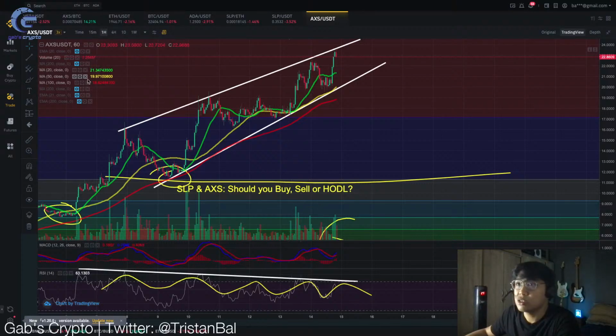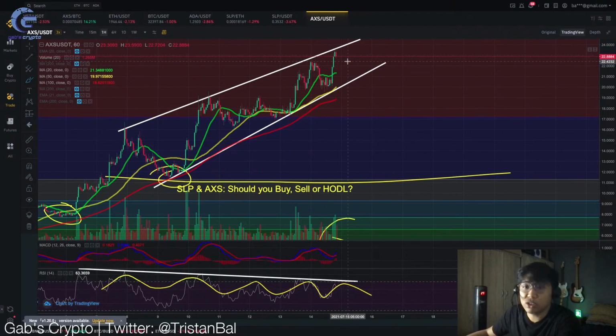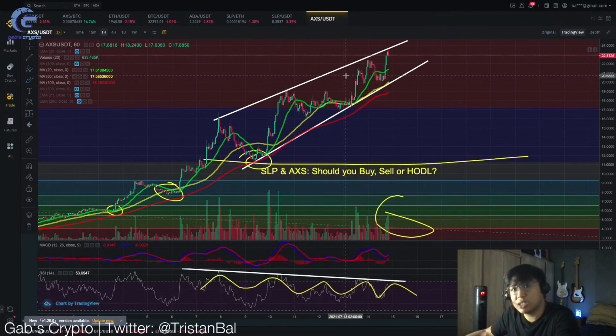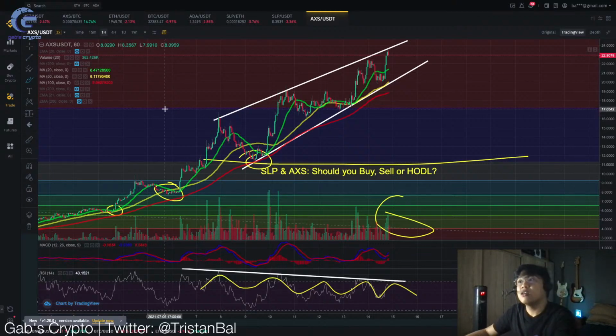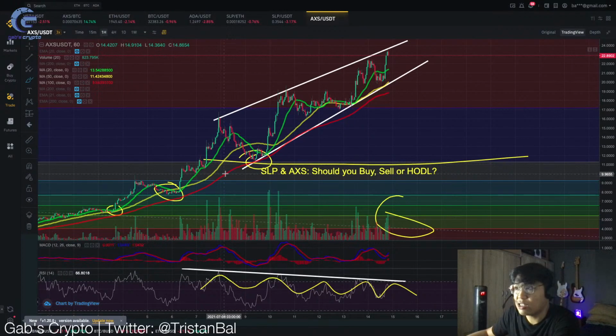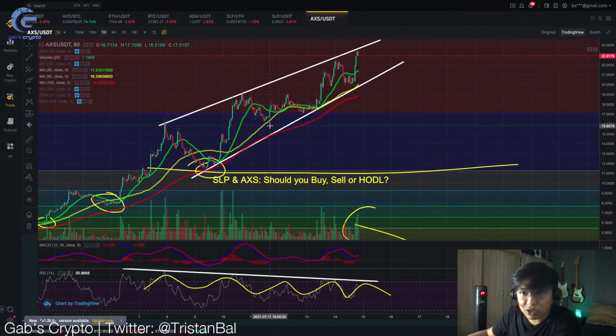Ayan oh. So, kita mo, nagkaroon tayo ng pump and then we exactly had this strong resistance at this area. So ngayon, will that always be the case? 70% of the time it will go down, but there are other times na magpapump din siya. And bakit? In times of a bull market, a rising wedge can be a continuation pattern, and kung naging continuation pattern siya, this would indicate na possible pa siya umakyat despite of having this bearish movement.